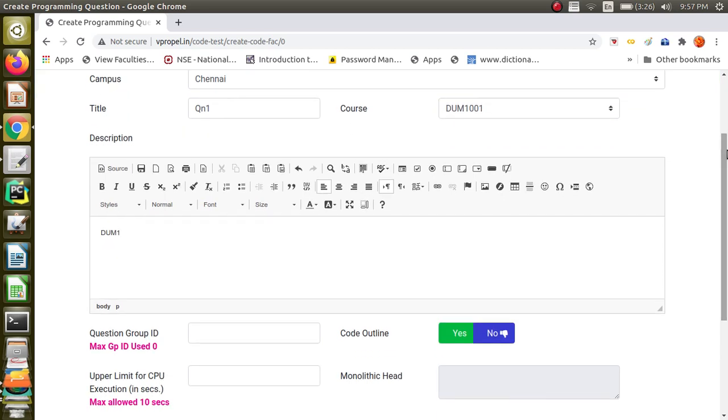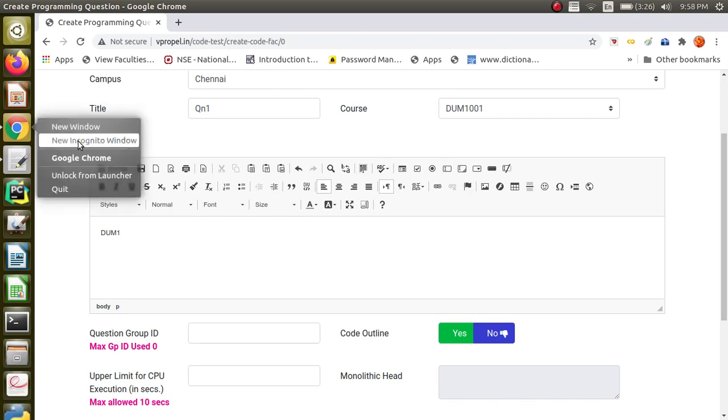There is a format for the question itself. When you are giving it for an online judge, you have to give the description of the question followed by the input format as well as the output format. I can show you a sample question by going into my login.